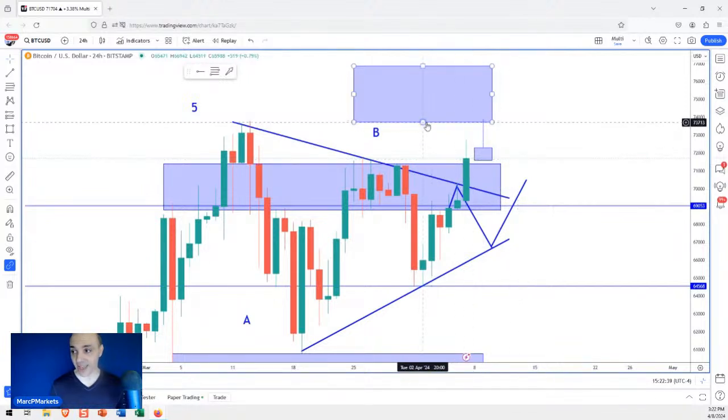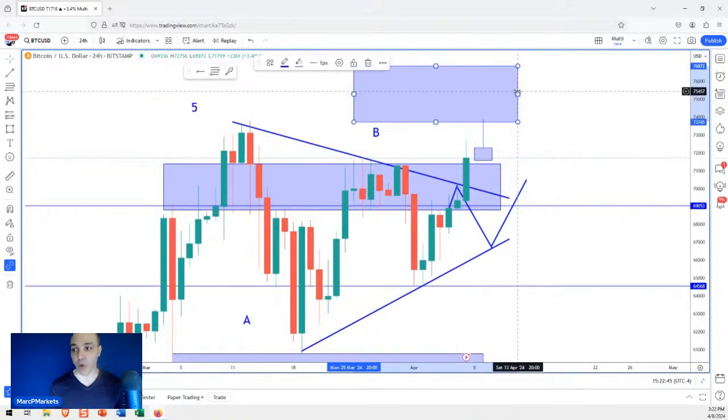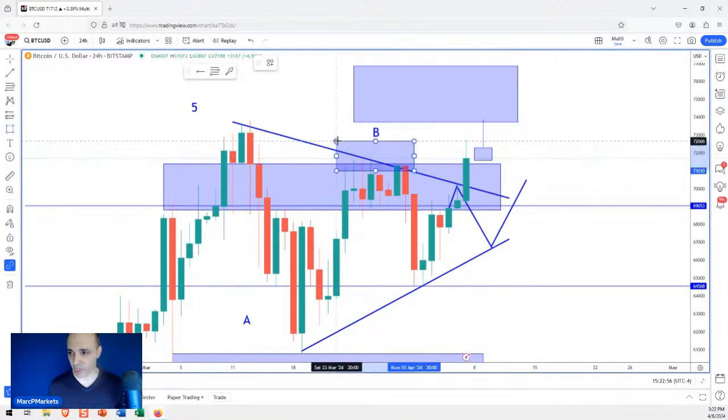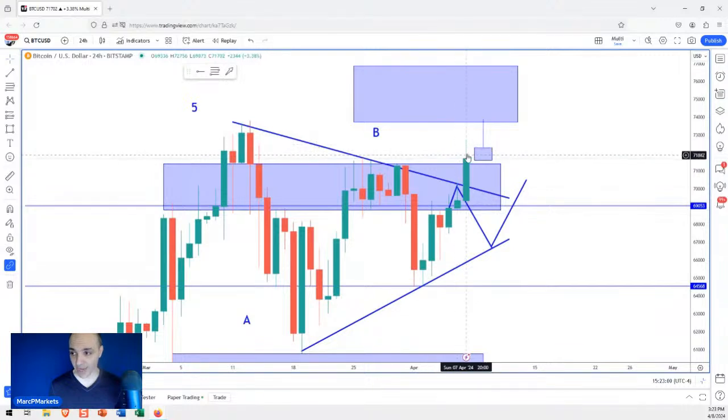All right. And fake outs in this entire zone from here up to this rectangle I have up here are highly likely. Now, I will always say that when we test highs. It's always possible that we can break out and keep going as well. That's a possibility. But just look at the resistance, right? We have this area right here, which is fooling around. And as you can see, it's hesitating a bit right now as we speak.